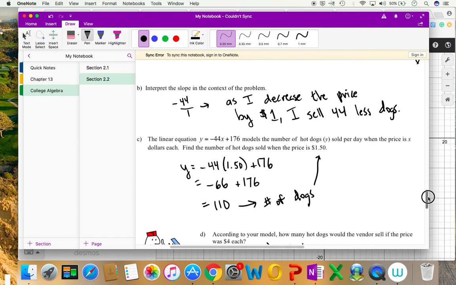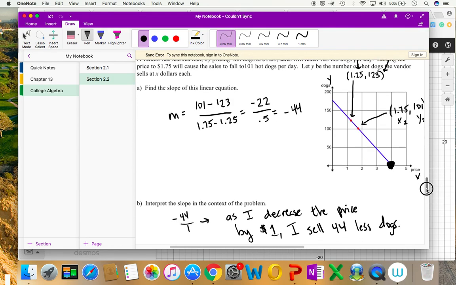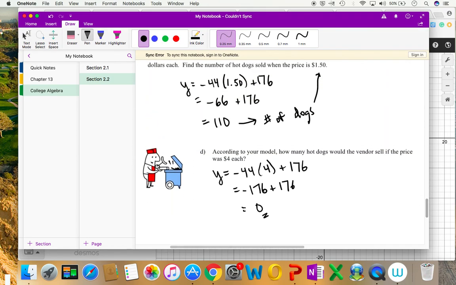And let's go up to our graph and just verify that this works. Notice how my line, when it goes down to 4, when my price is 4, I have 0 dogs, right? I'm looking at this spot right here. 0 dogs at $4, and that just verifies my final answer of